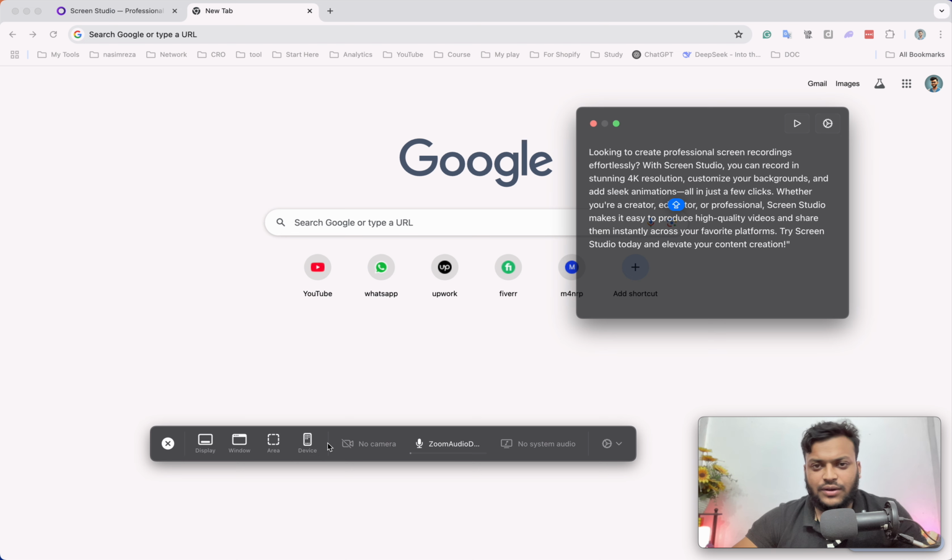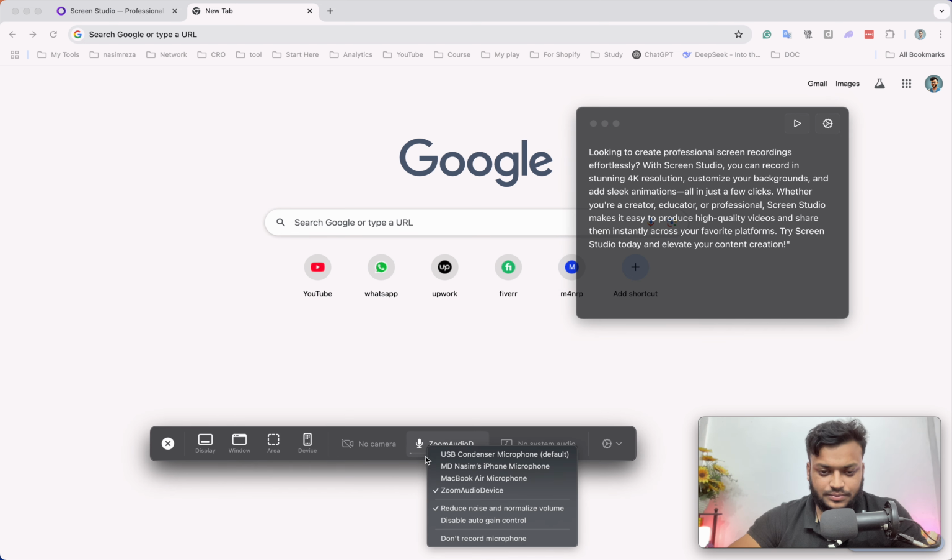And let's see how you will get the output. Okay, so